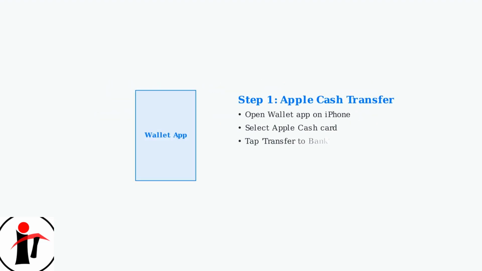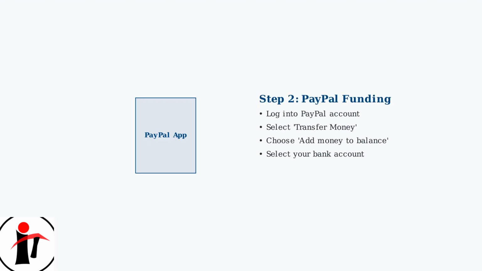The first step is transferring money from Apple Cash to your bank account. Open the Wallet app on your iPhone and select your Apple Cash card. You'll have two transfer options: instant transfer with a 1% fee, or standard transfer, which is free but takes 1 to 3 business days. Once the money reaches your bank account, log into PayPal and navigate to the Transfer Money